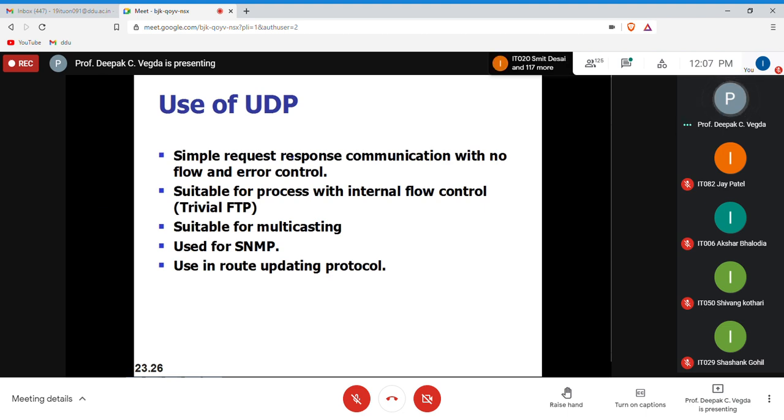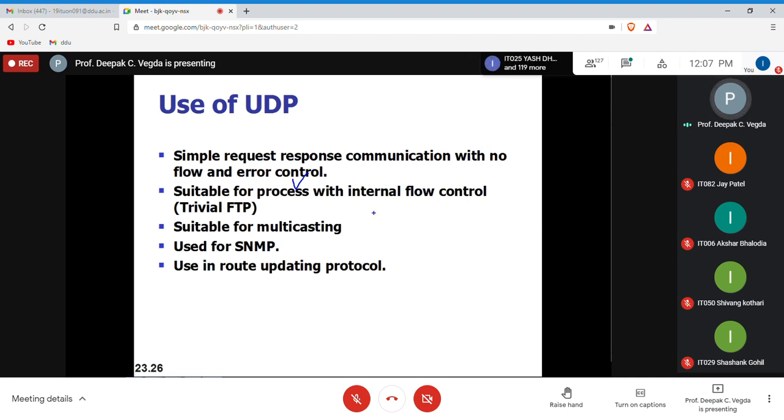As well as error control. We will not take any responsibility for corrupted bits or packet loss, nothing. What we want is just to forward a packet and let all the others receive it. Before that, they will not build any connection. They just start their communication and forward the messages, right?